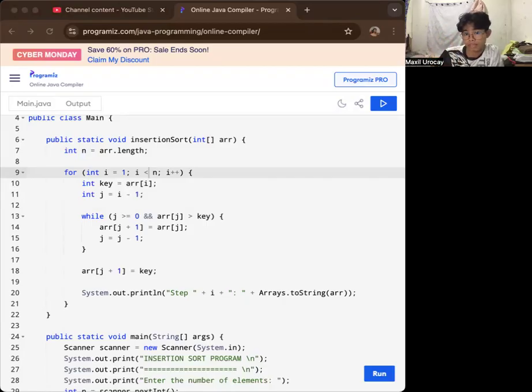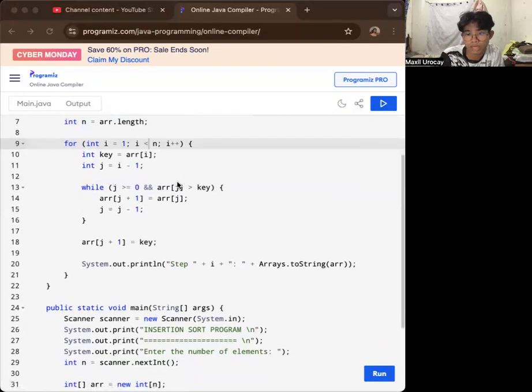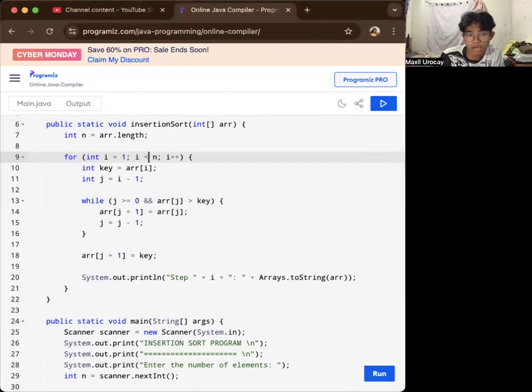We start at index 1 already because the first element is trivially sorted, as I mentioned in the representation. It continues until the last element, which is n minus 1.